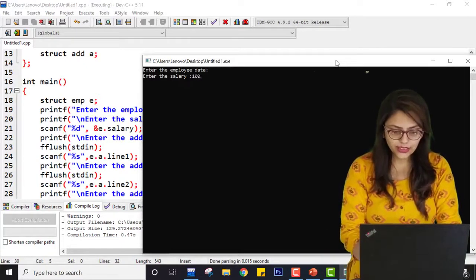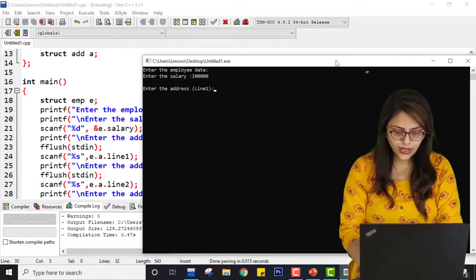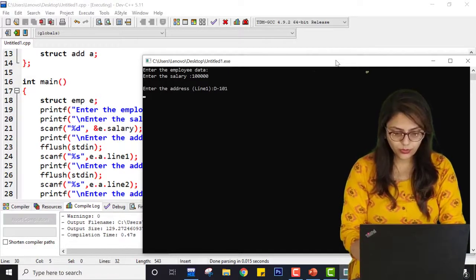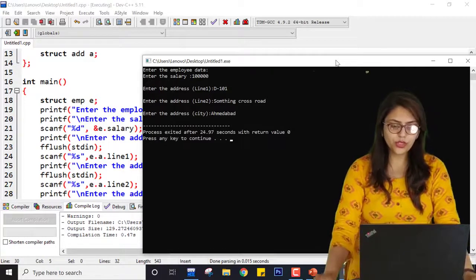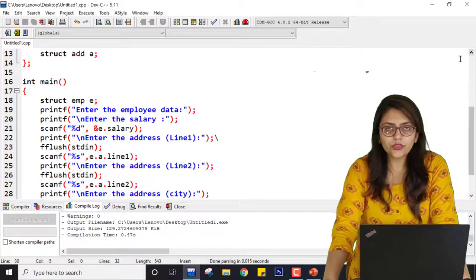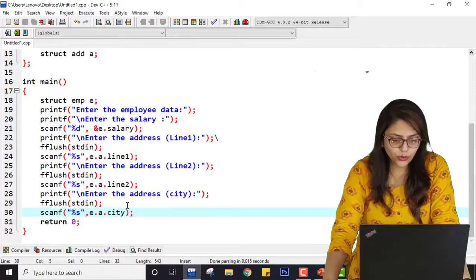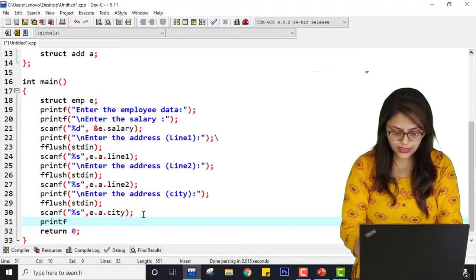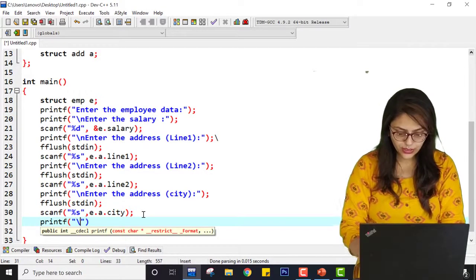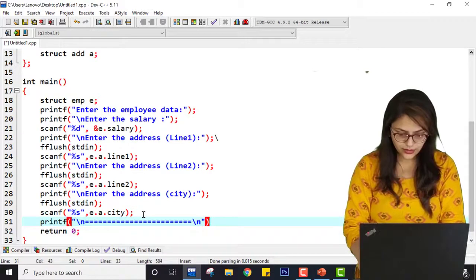So here salary is say 1 lakh, D101. Here it will be say something cross road. Here city is Ahmedabad. So this is how I can enter these values. Now if you want to print them in a proper manner, then you can print something like this, printf \n again.